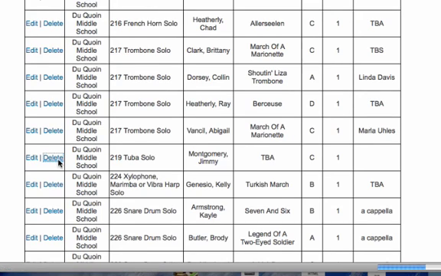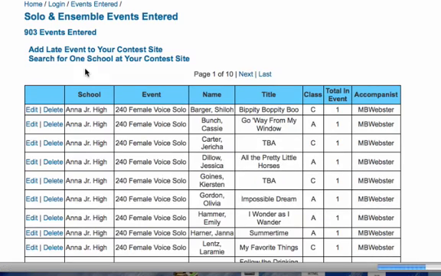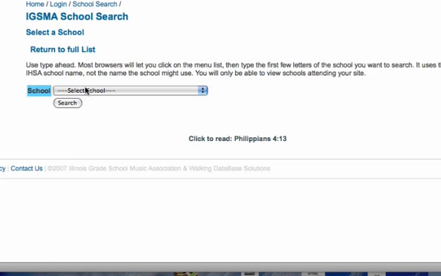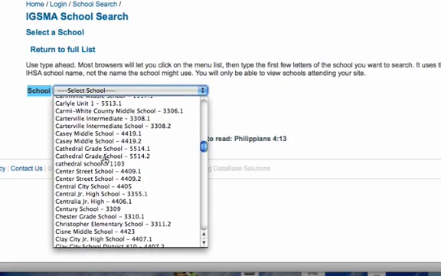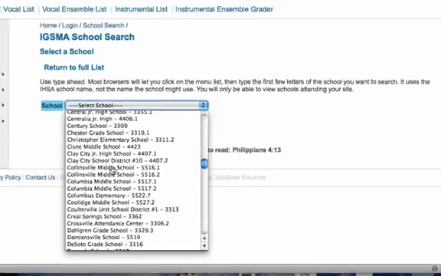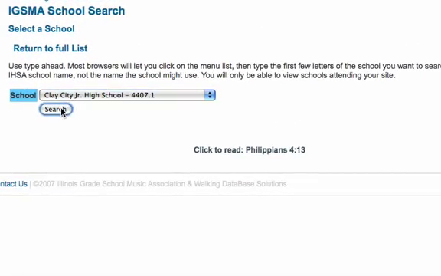Now, suppose we want to go to the full list. Suppose we wanted to search for a school that maybe wasn't in our district, just to see what my buddy up in District 4 is sending. So we're going to go here and select a school from District 4. How about Clay City Junior High? We'll pick them, okay?